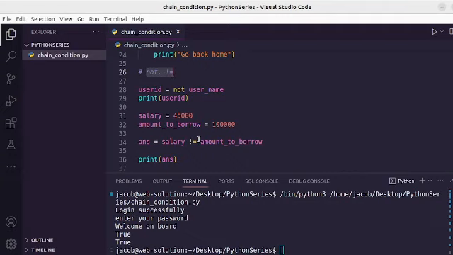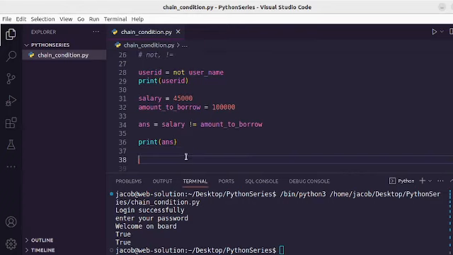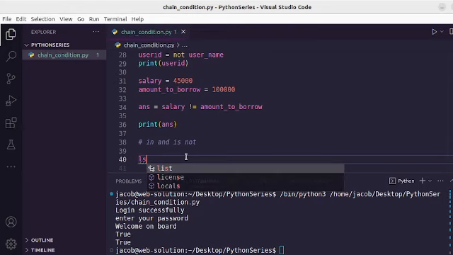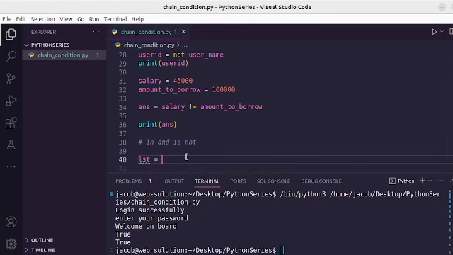Now the last thing we want to check is the in and the is not. Now the in and is not are used when you are dealing with data structures. So let's say we have a list, which will be equal to, which names will I call here? Let's say Lecon,